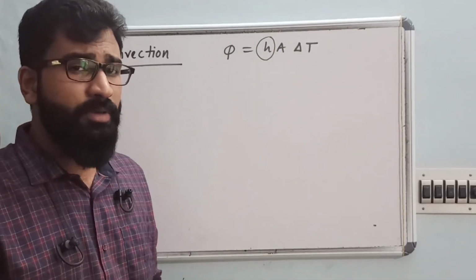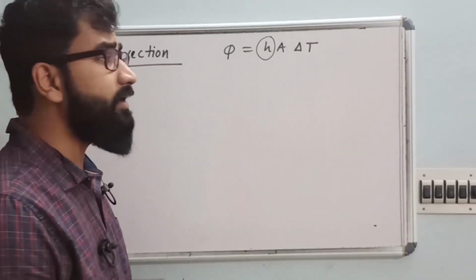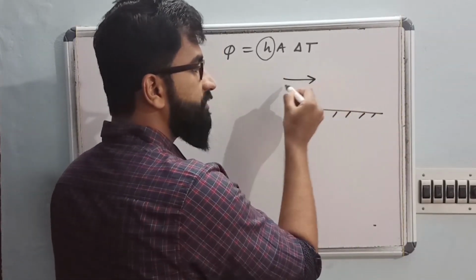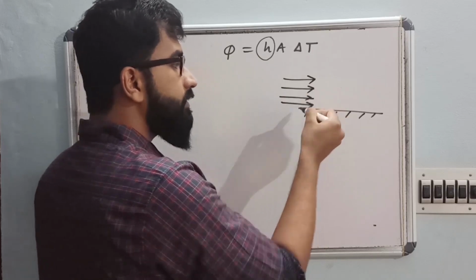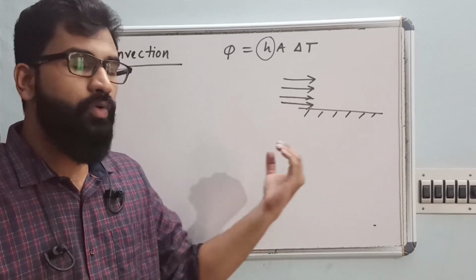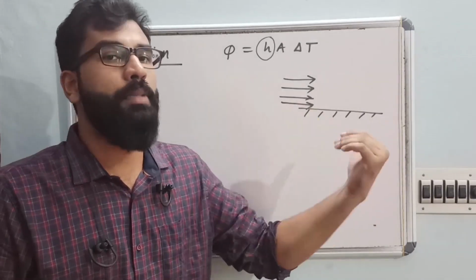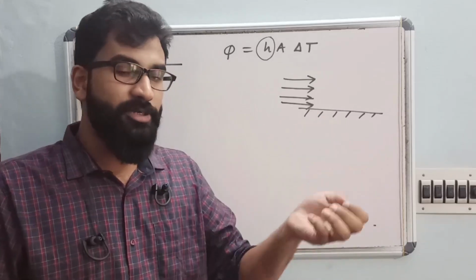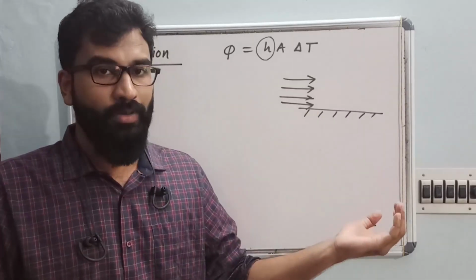So for laminar it will be different, turbulent it will be different, because here we have a flowing fluid. Clear? In convection, you are having a flowing fluid. So here comes our connection with fluid mechanics. In fluid mechanics, we are interested in finding what? Pumping power. For finding pumping power, we need the pressure drop. If you want to find the pressure drop, we need to first find what kind of flow it is, laminar,